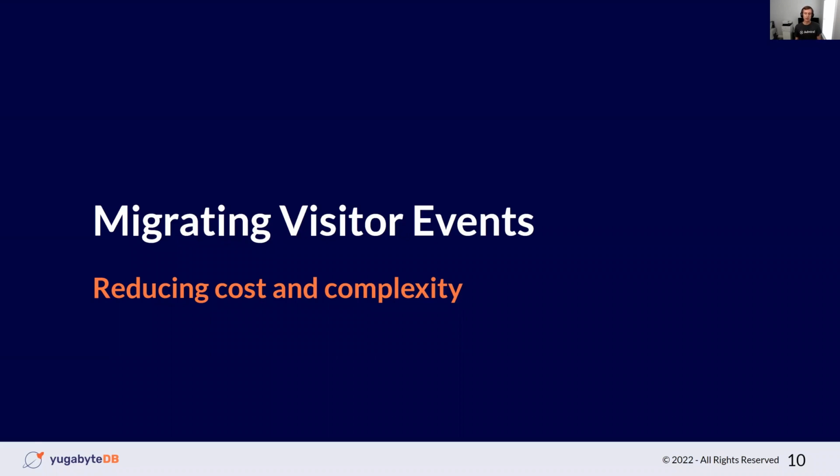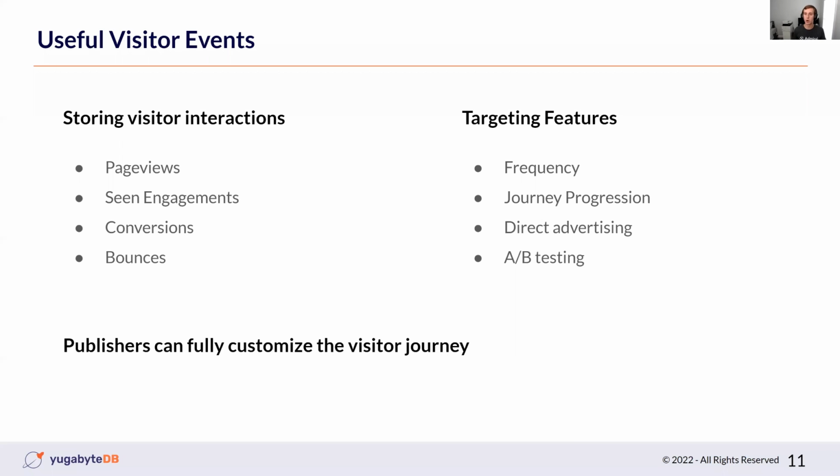So since we had such great success with Yugabyte for accounts, we decided, okay, what's the next big feature that we want to move over to Yugabyte? Where can we get a lot of value out of this database? And we decided the next thing was visitor events. So first, what are visitor events? Whenever a visitor visits one of our customers' websites, a publisher, we store all the different interactions that happen